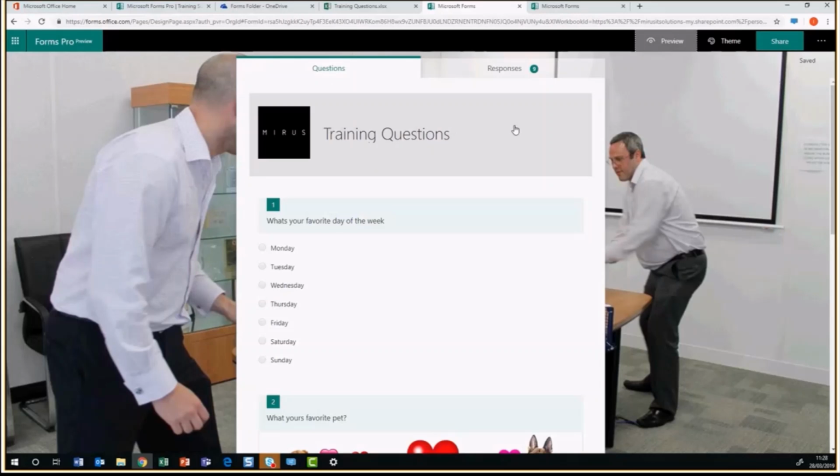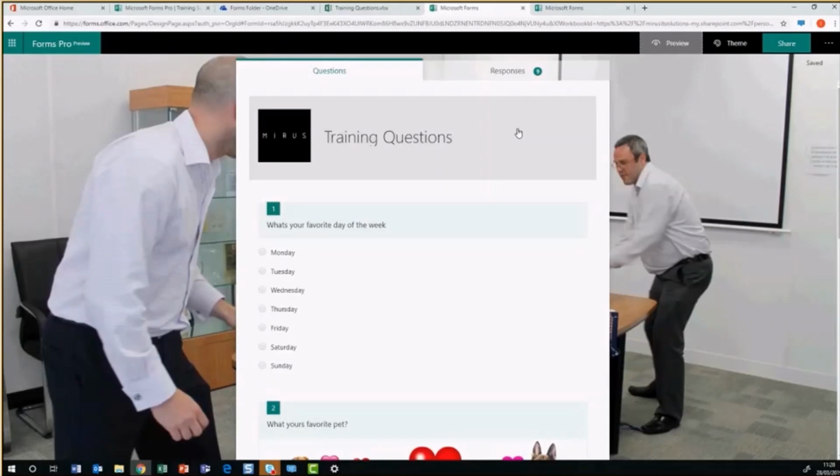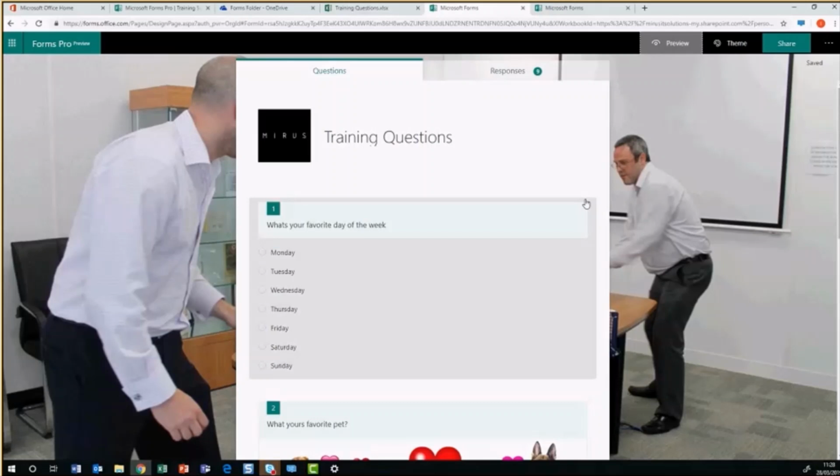But I've been using Forms for about three to four years, and it's very flexible in terms of what you can do with it. And there is quite a lot of content on Microsoft's Forms website, which I'll send you a link to in the follow-up email, which is, again,